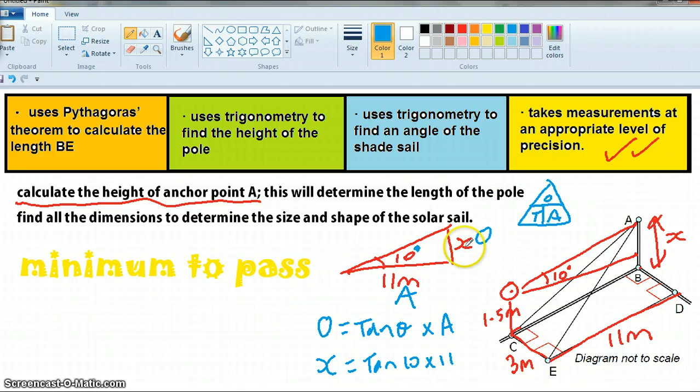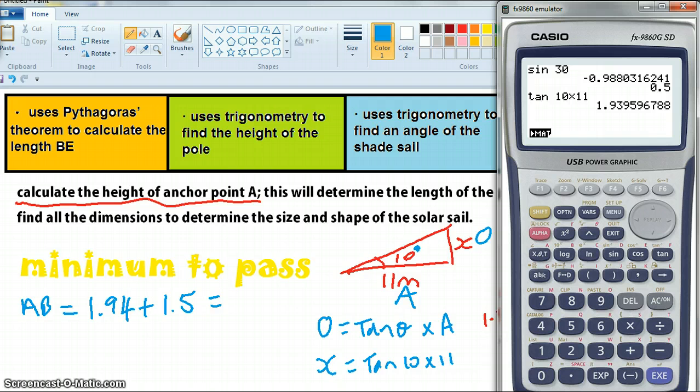So this here is 1.94 meters. So AB, so that's this length here, equals 1.94 plus 1.5, which equals 3.44